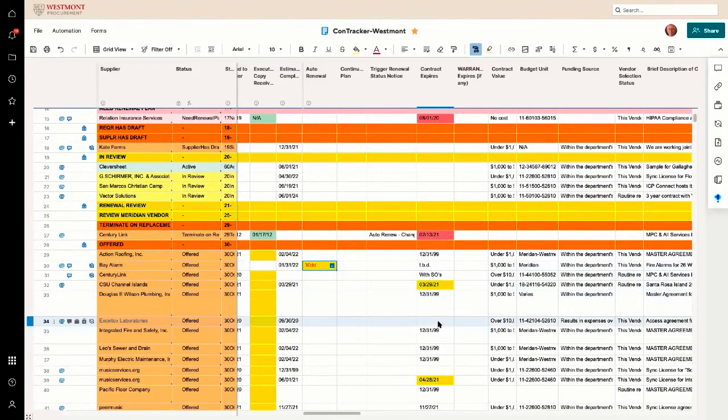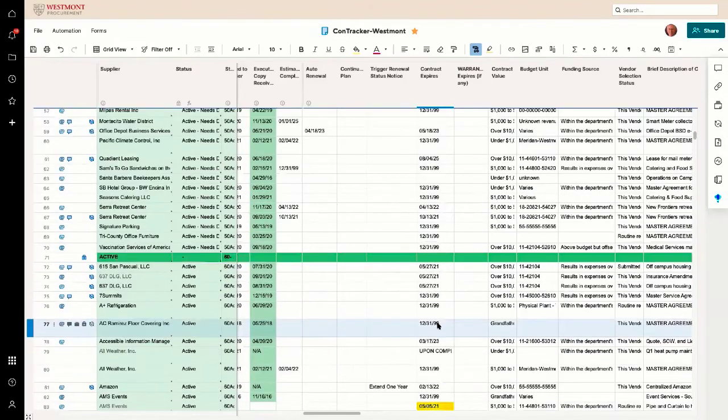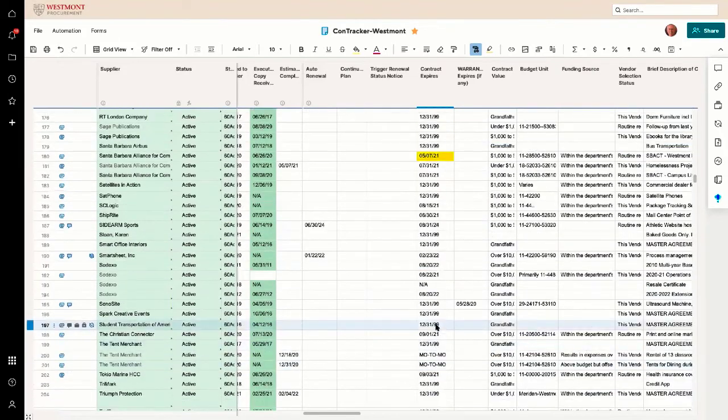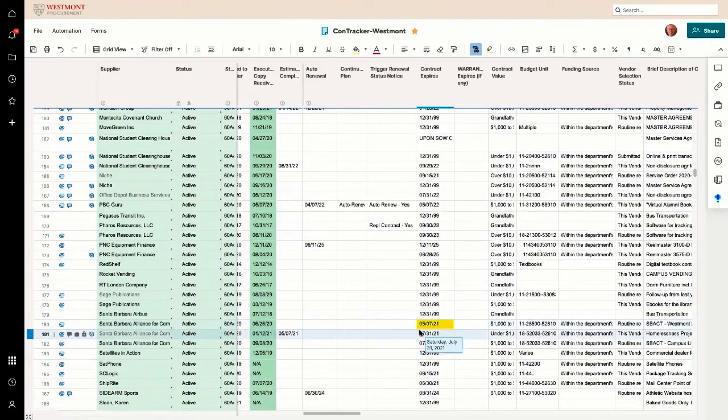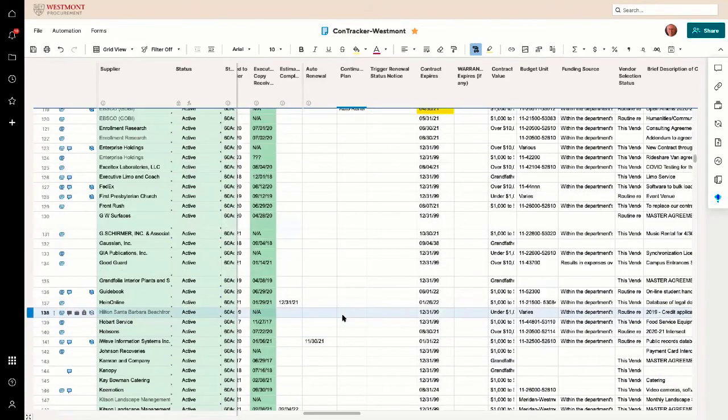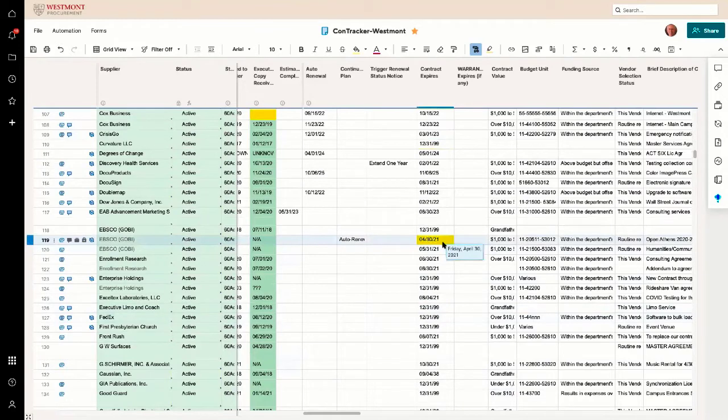But getting down into some active contracts, let's see. Yeah, I don't particularly have anything that's supposed to auto renew soon, but I do have some that are supposed to expire soon. And so again,